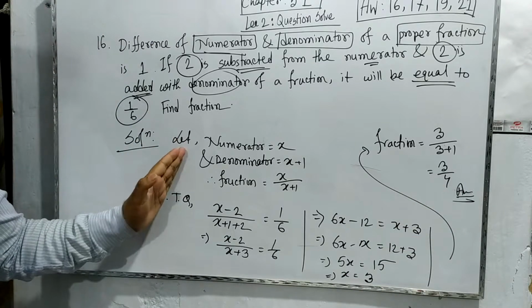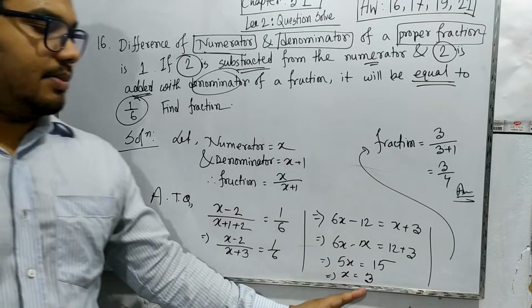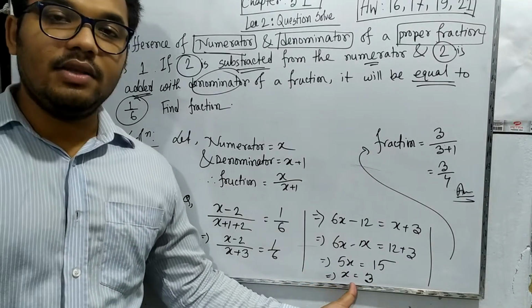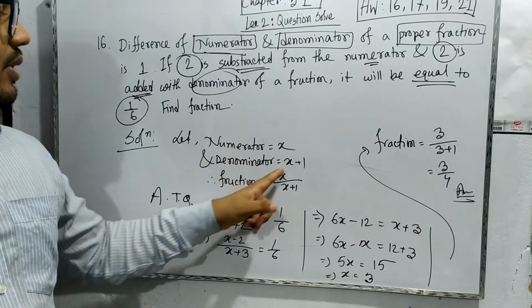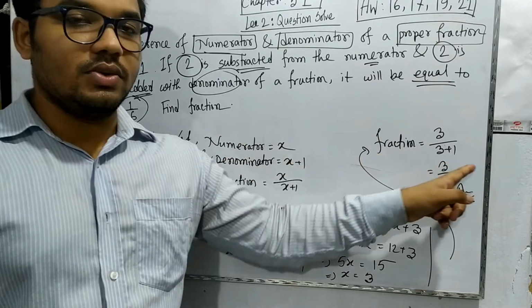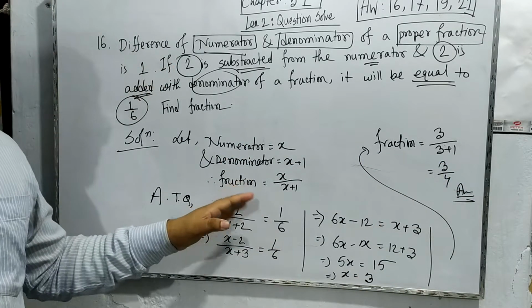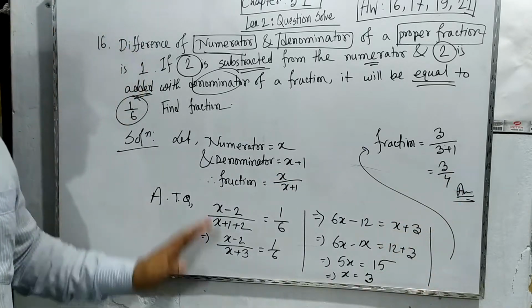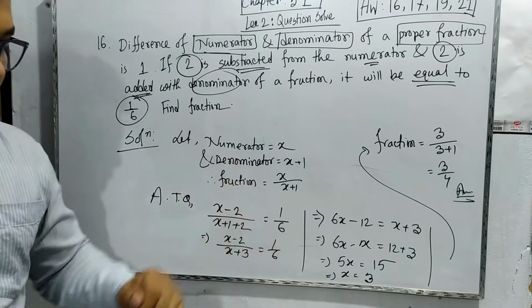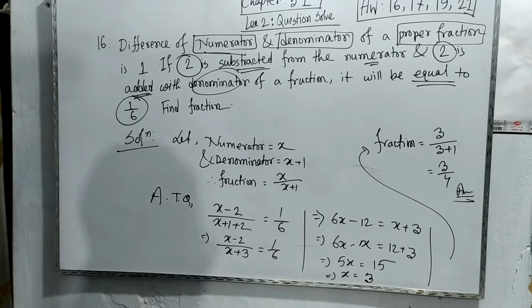So our first part is this, second part is this, third part is this. We just found the value of x, and x is denoted as the numerator. The denominator is plus 1, so 3 plus 1 will be 4. So our fraction will be x by x plus 1, or 3 by 4. This is how we can solve these types of math. Now our next math will be